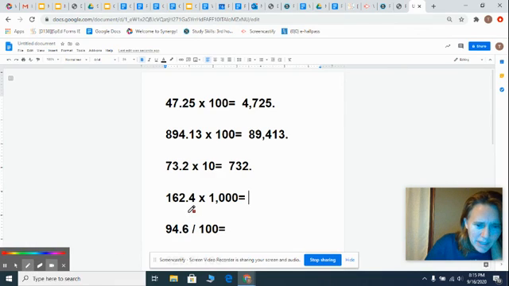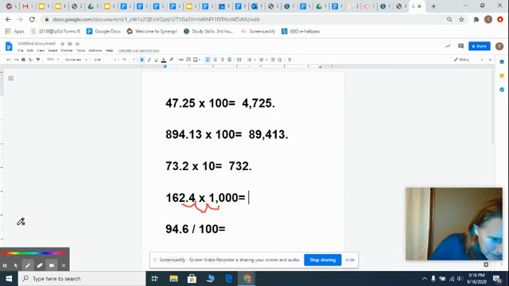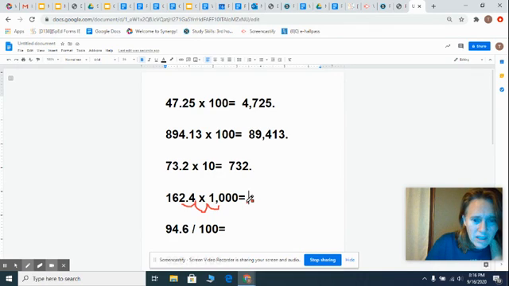Let's see if I can make this pen work. There we go. We'll move it over 1, move it over 2, move it over 3. It's a little messy. But if we do that, what we're going to end up with, how do you do that? Because there's only one number. How can we move it over 3? We'll end up with our 162